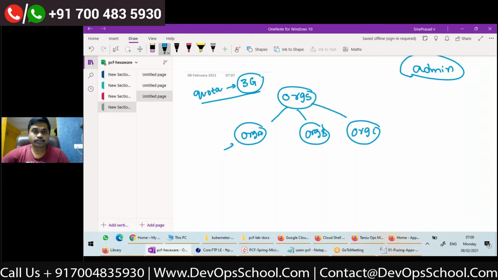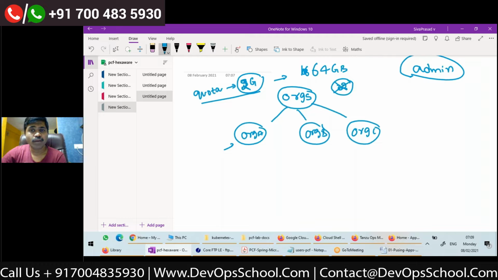Let's say I have cell VMs which can accommodate up to 64 GB, and for each organization I am allocating 2 GB. So how many organizations can be created? 32 organizations can be created. If you want more, we can increase the capacity of our cells in the installation.